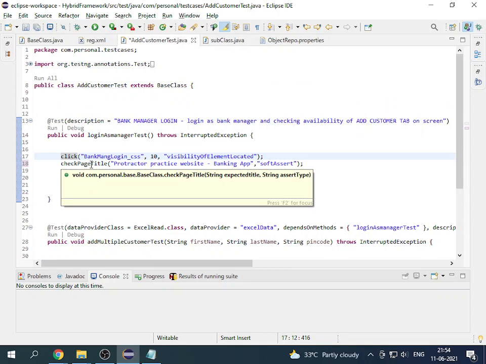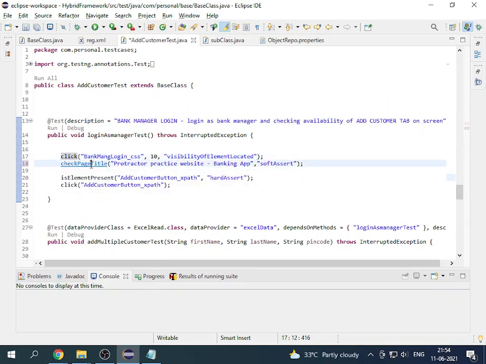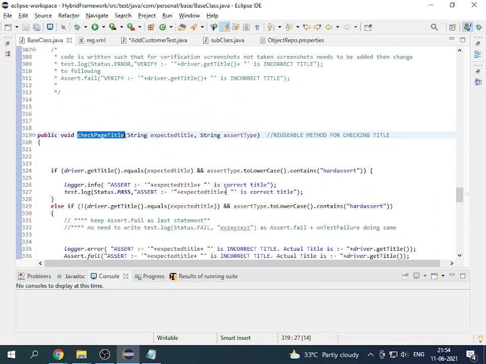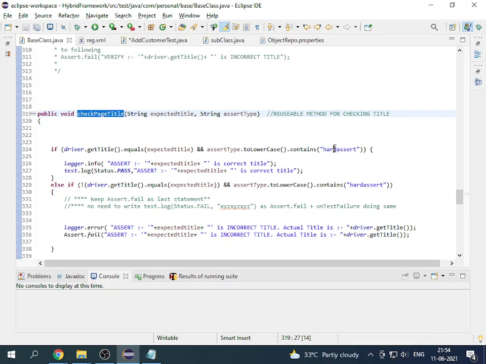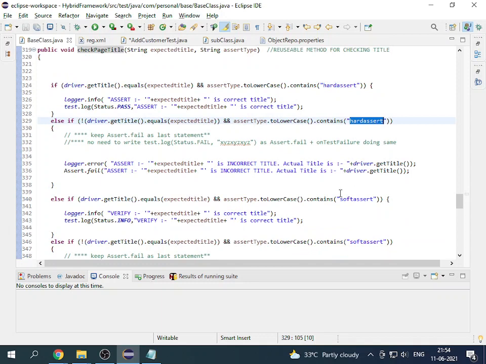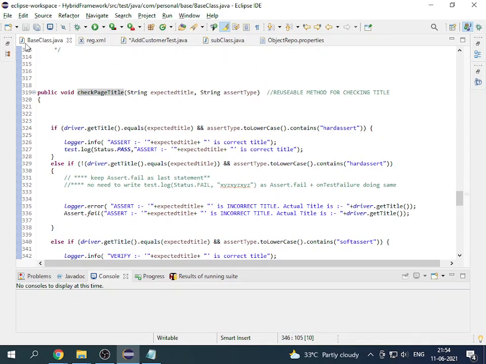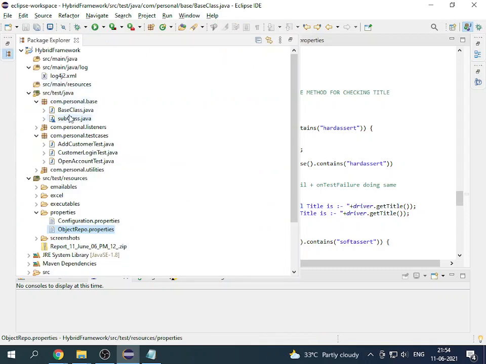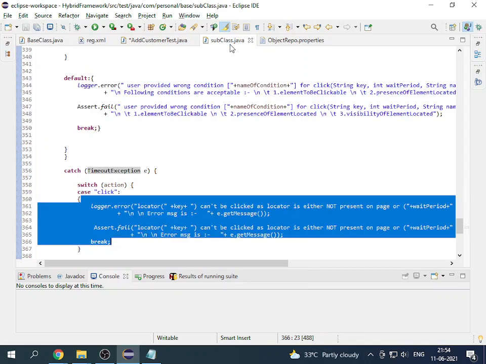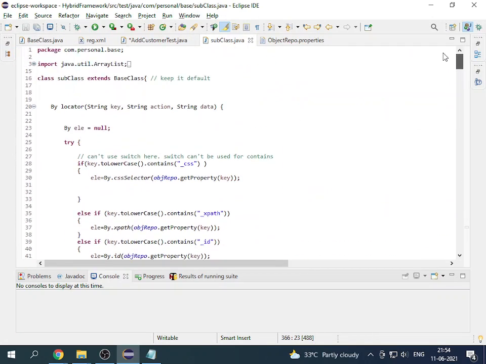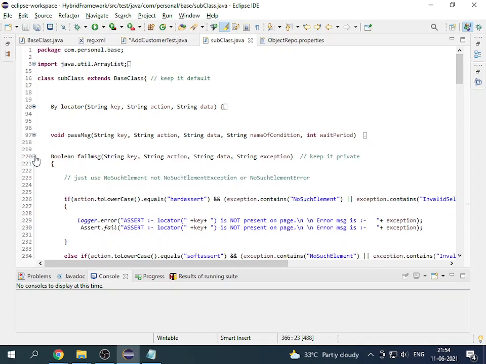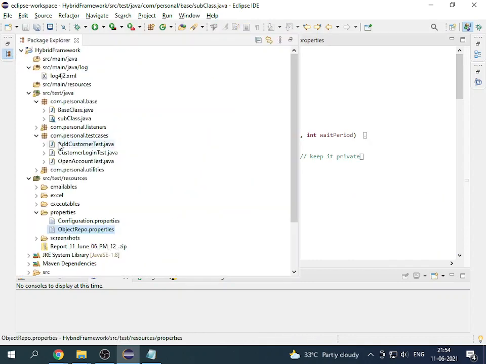Here we are using an assert. It is checking whether you are giving a hard assert or a soft assert. This code I have written in the base class, I have not delegated it to my subclass. And one thing I forgot to tell, in my subclass, all of them are default so that they cannot be accessed outside this package.